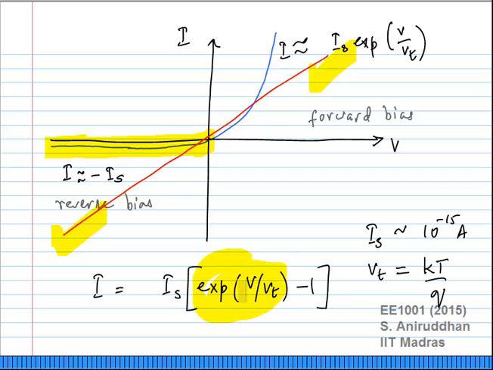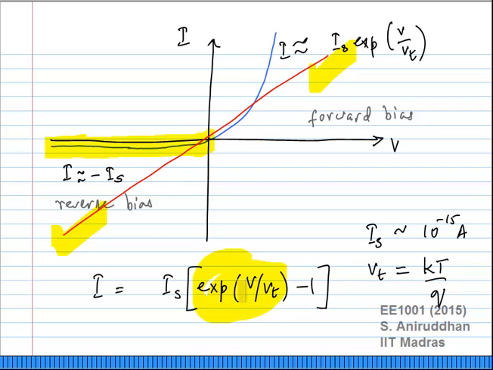If V is equal to Vt, this happens to be e, which is 2.7. If it is twice Vt, it becomes e squared. And you can clearly see when V becomes some 4 times Vt, this blows up to a large enough value such that you can neglect that